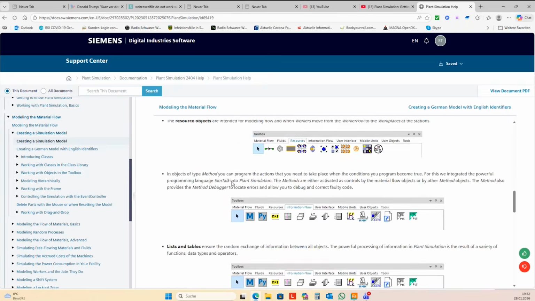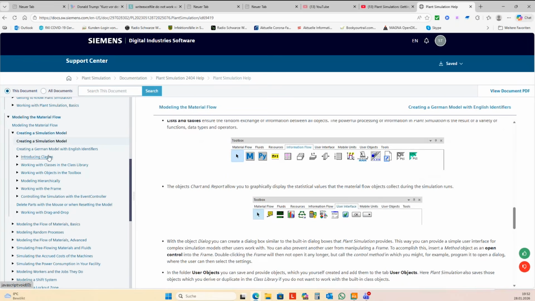These are printed more than 2,000 pages. And then you can try one of my books. There are more advanced examples, but you should start with the basic elements in Plant Simulation. Start with the videos and then continue with the step-by-step help. This is the best way.